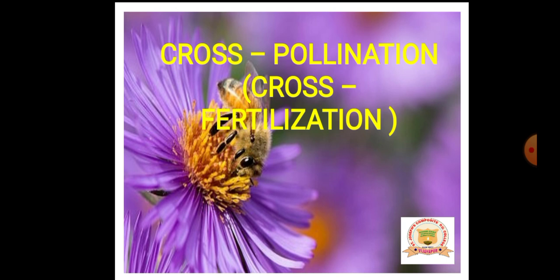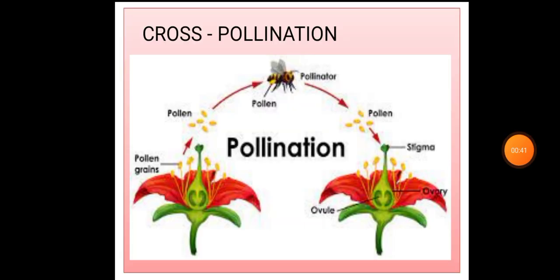Now we will understand what cross pollination is and how it takes place, also called cross fertilization. The process of cross pollination requires pollinators as agents that carry or move the pollen grains from the anther to the receptive part of the carpel. Insects are the chief pollinators and show various types of intimate relationship with the flower they visit.